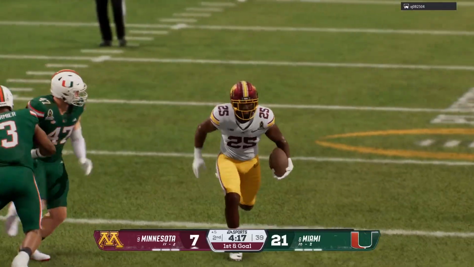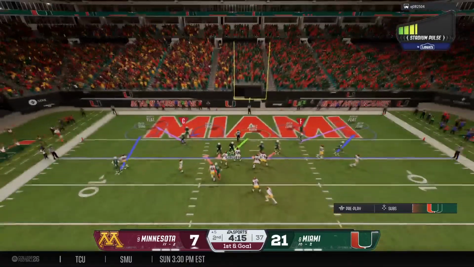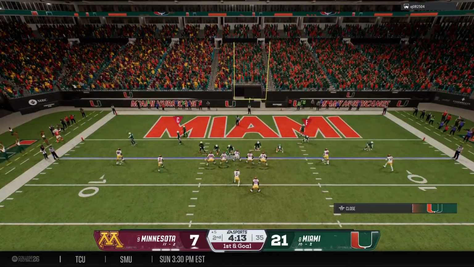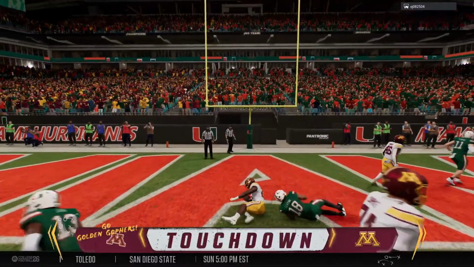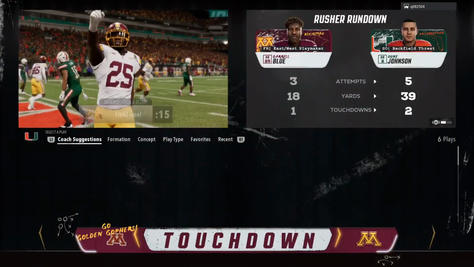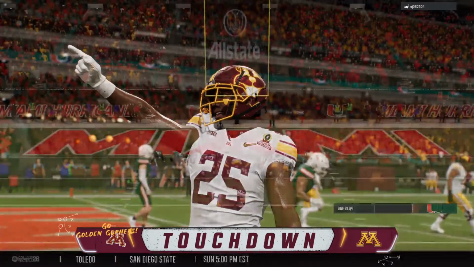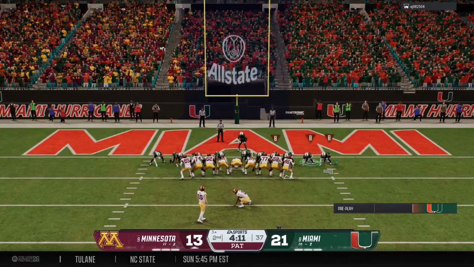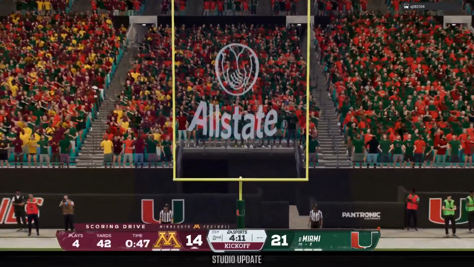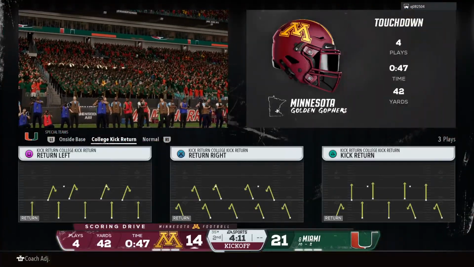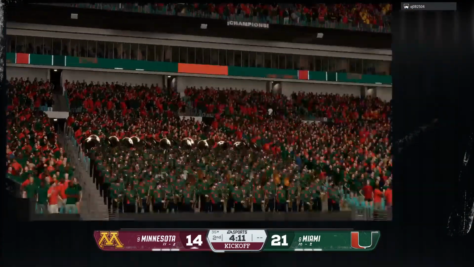And they've got him at the 5. Great run to set up scoring position here. And the Golden Gophers come to the line in the hurry up. And he fights in for the score. Touchdown, Golden Gophers. Chris, it's a great touchdown run here by this back, but the continuity of this offensive line was on display, and that's the reason he was able to get into the end zone. And the PAT is good.